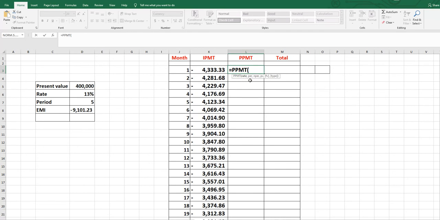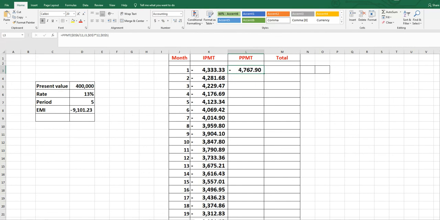PPMT, right? Again you have to follow the same syntax. First is our rate, this is constant, press F4, divided by 12 because we are converting into monthly, comma, for first month you have to click here, comma, and then for period again you have to fix this, press F4, here you have to multiply in order to convert into months, comma, and our loan value, fix it by pressing F4 on your keyboard, close the parenthesis and enter. If you do not want this dollar sign, just click on the comma,